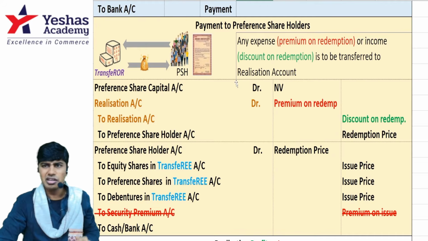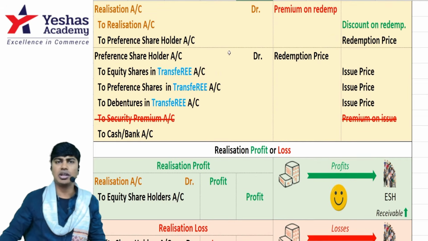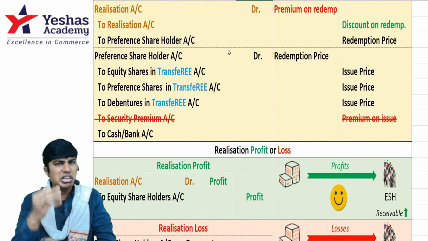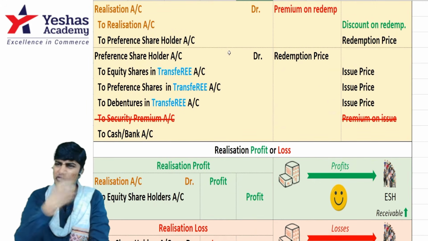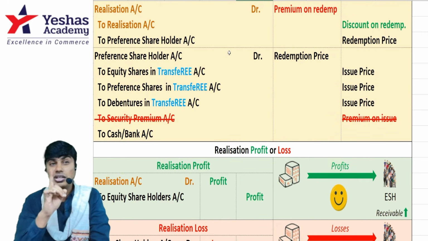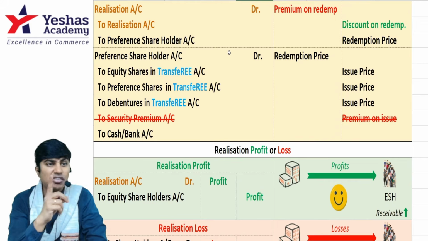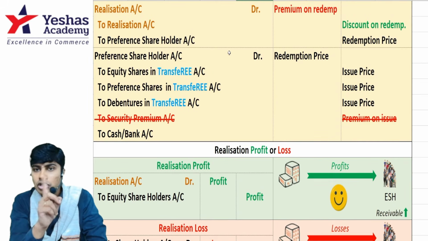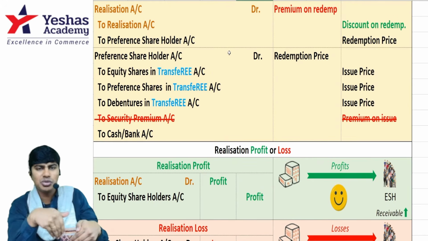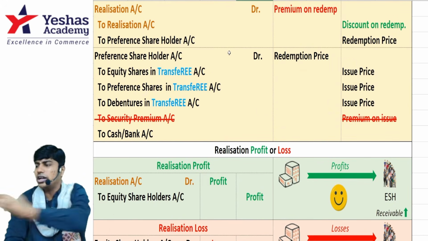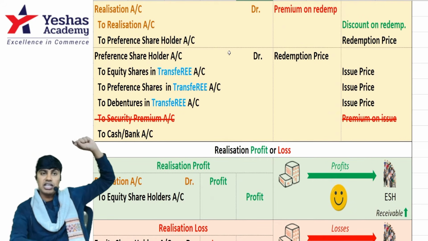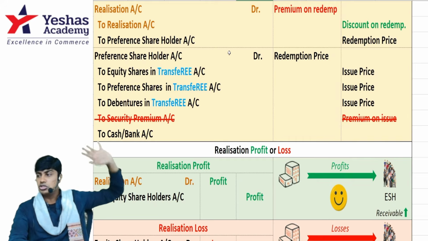Done with this entry. Finally, settlement: debit preference shareholder at that value, and give them whatever you collected in PC, whatever is agreed as per agreement. You give them equity shares collected from transferee, preference shares collected from transferee, debentures collected from transferee, cash you can give. But remember to credit preference shares, equity shares, debentures, everything at issue price, not at nominal value. You should not show nominal value and security premium split here. Why? These are not your shares. They are transferee company shares you collected and you are passing. Security premium will be separately credited when you're doing accounting in the books of the transferee, not in the books of the transferor.